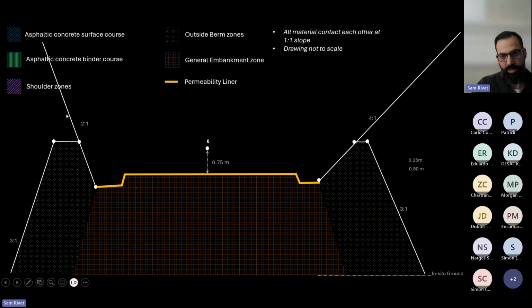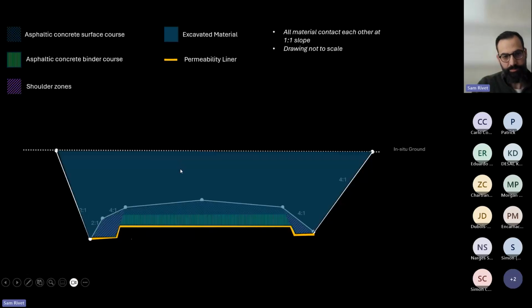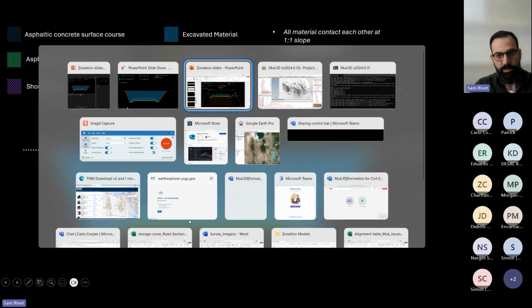But in cut situations, I'm going to have to excavate. And I'm going to excavate in this configuration, right? Down to the permeability liner, and then I'm going to add this back in, right? So in cut situations, really, it's going to look like this. First, I'm going to cut down like this, down to this liner, and then I'm going to place this back on. Okay, so to do that in Muk quickly,